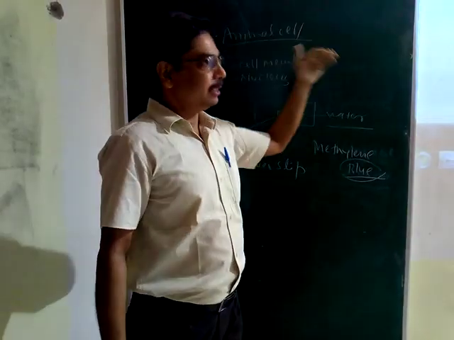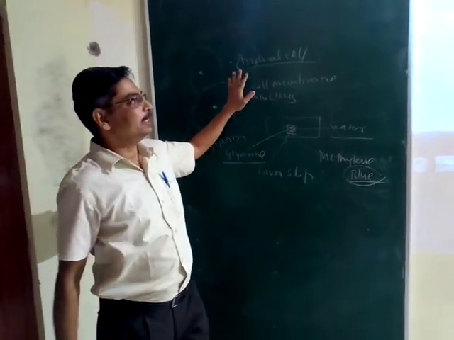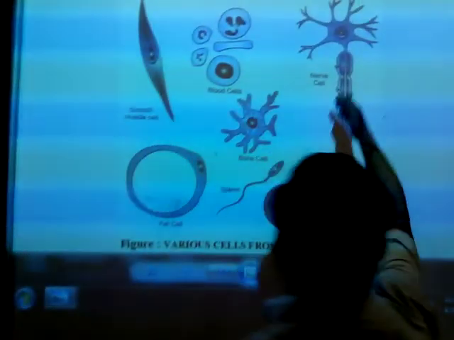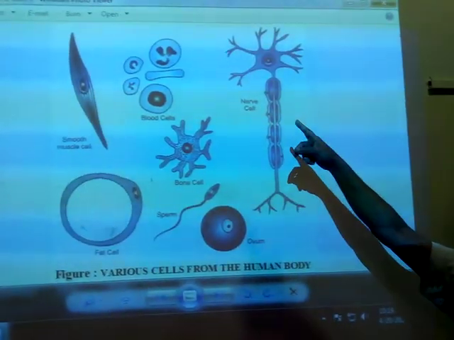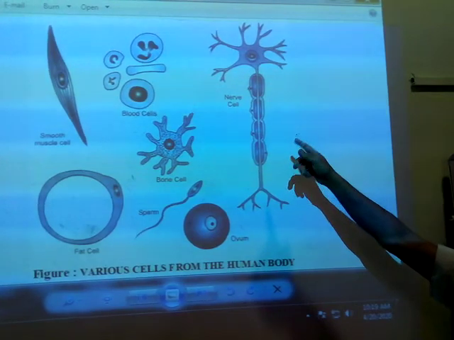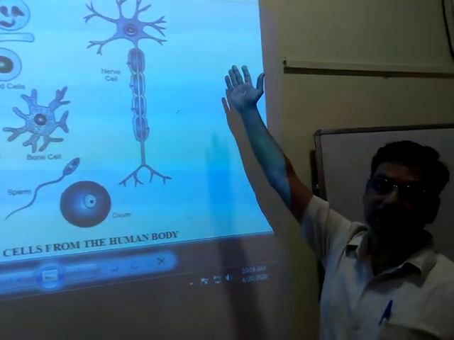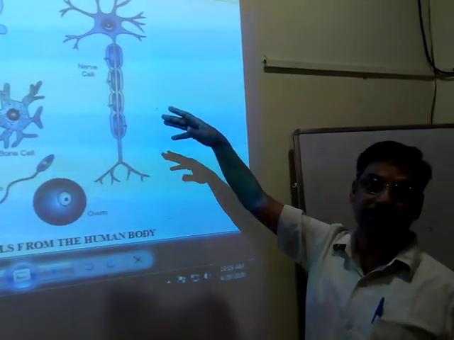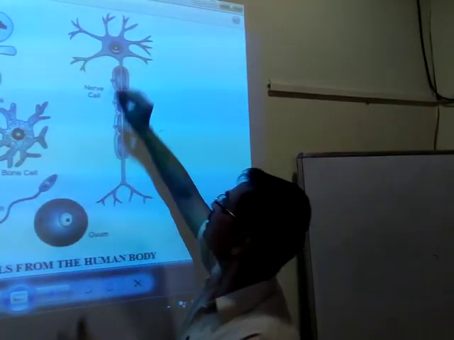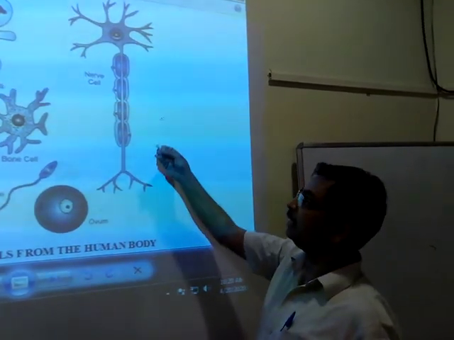Now we come to the next slide. Here also we will find the shapes are different. If we see here, this is the nerve cell, the longest cell of our body. Why is it longest? Because it connects to the entire body and transfers messages. It is attached with other cells. In this way it forms a network of cells, so that the message can be transmitted. Here you find this is a branch structure, this is a cylindrical structure, here again it is a branch structure. Detail we will see later.